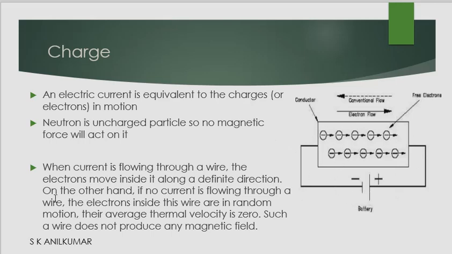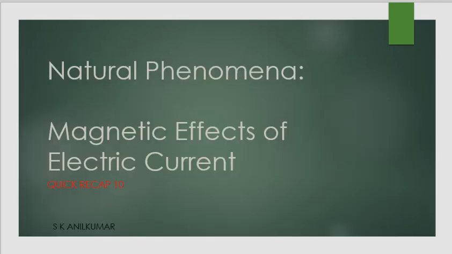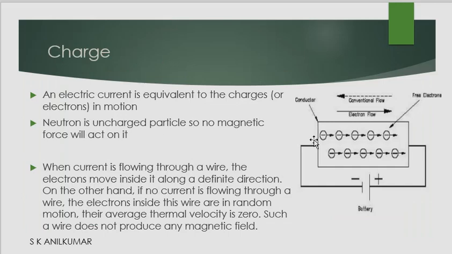When current is flowing through a wire, the electrons move inside in a definite direction. When no current is flowing through the wire, the electrons inside the wire are in random motion. They do not move in any direction, only random motion. But when current is flowing, the electrons move in a definite direction. So the average thermal velocity is 0. Such a wire does not produce an electric field. If the average velocity is 0, then such a wire does not produce